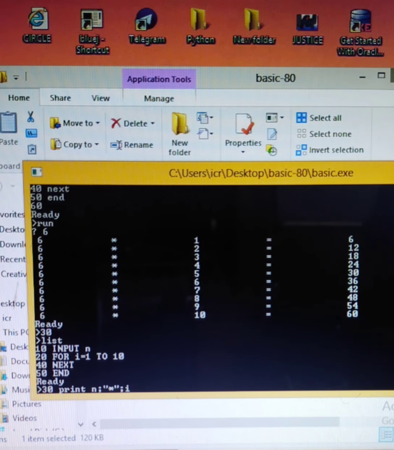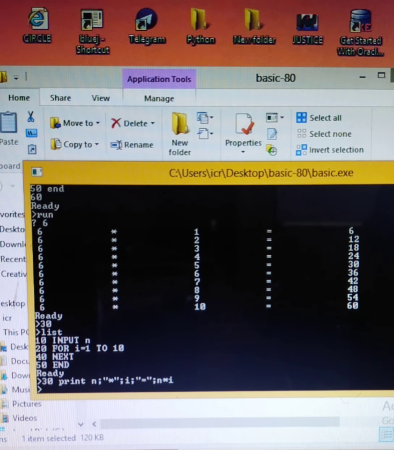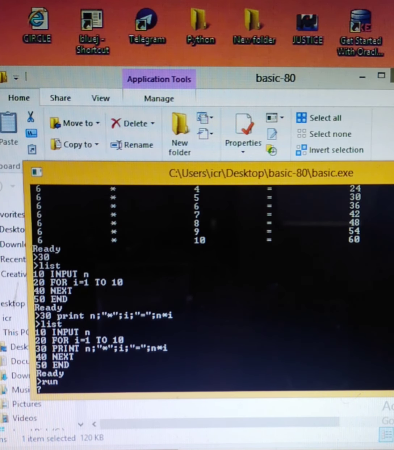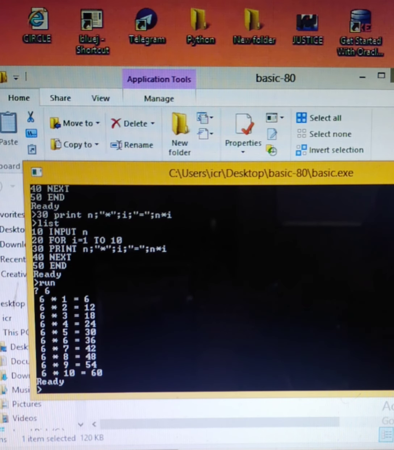After that I am going to print here I, and then is equal to, now is equal to, then n into I. Now let's list this program. So let's run this program, and if I give you a 6, now it's okay.